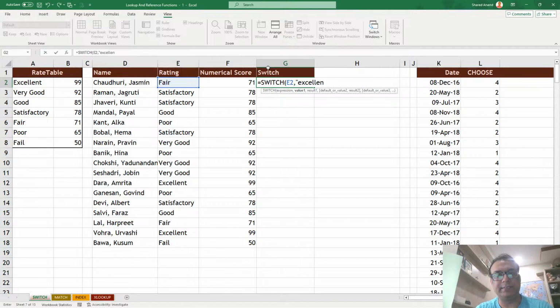And it doesn't have to be case sensitive. Excellent. Then the result. Now value 1, result 1, value 2, result 2. And it can go up to maybe 126 or 127. So if anything is written in E2, if it is excellent, you get me an answer